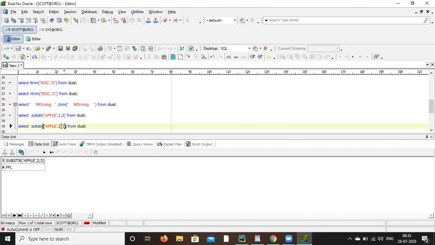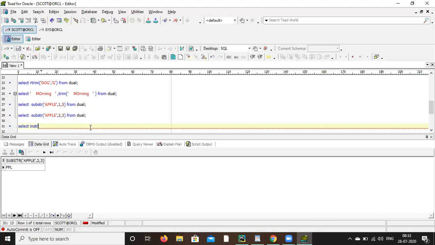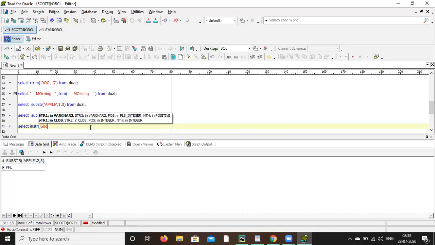Okay, now INSTR. Select INSTR, in string, within bracket, let's say give good morning, comma, within single quote O, comma 1, from dual, semicolon.